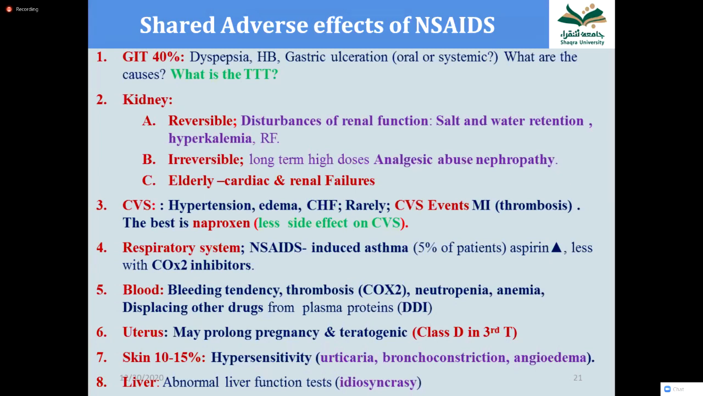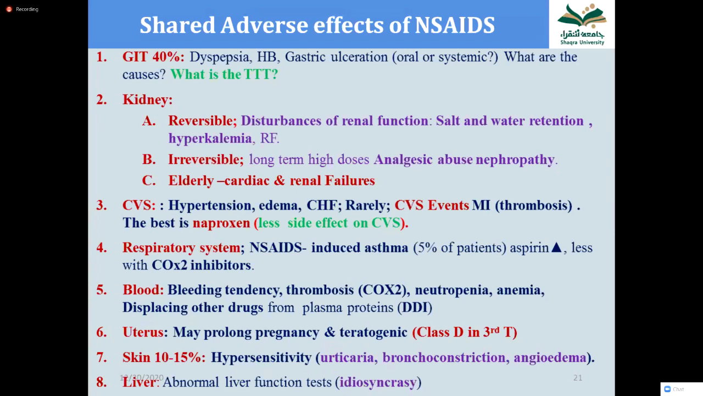On the effect on the uterus, it may prolong pregnancy and may have teratogenic effect. Generally, it is class D in the third trimester. Then skin: 10 to 15% of patients may show hypersensitivity reactions such as urticaria, bronchoconstriction, and angioedema. And in the liver, it may sometimes cause abnormal liver function tests and an increase in liver enzymes, and the cause is